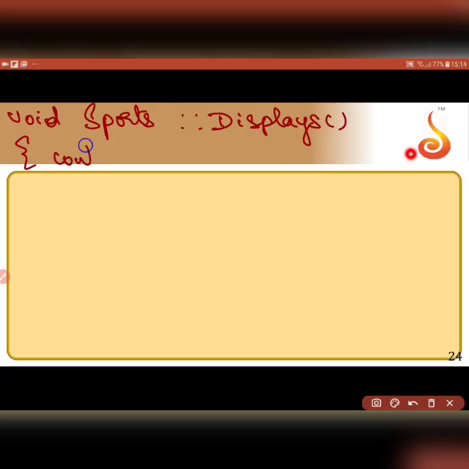After the input function, now I need to write the display function of the sport class. So what do I display? I display the sport name along with the incentive. So void the name of the class is sports, scope resolution operator, and what is the name of the function? The name of the function is display sport. So I will say cout